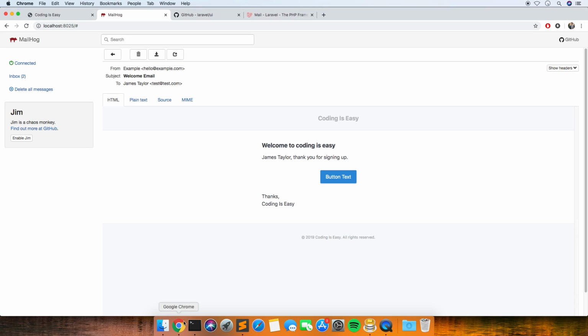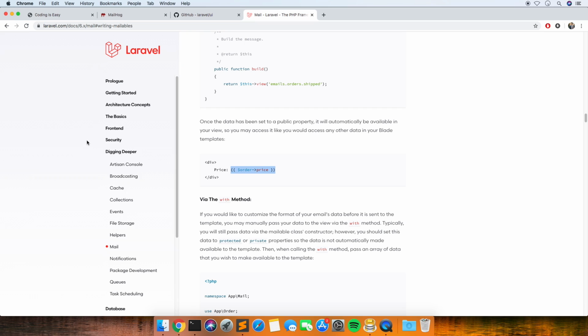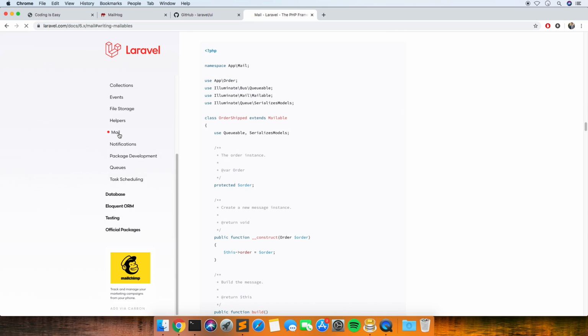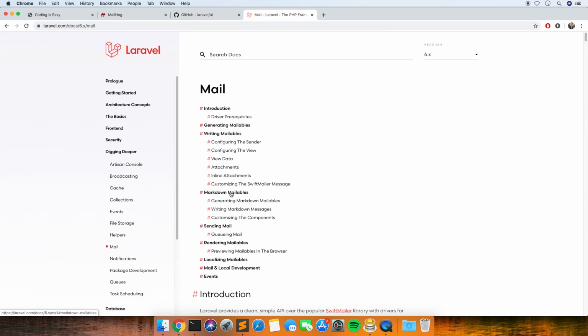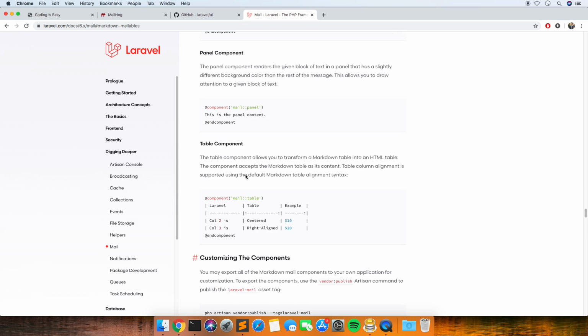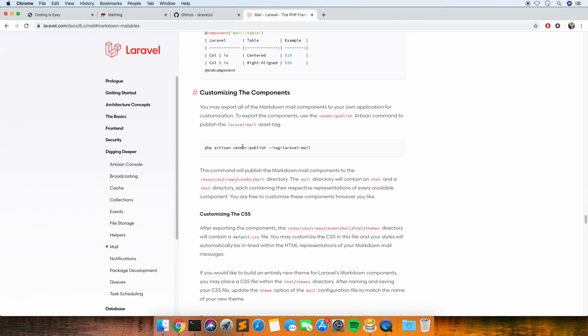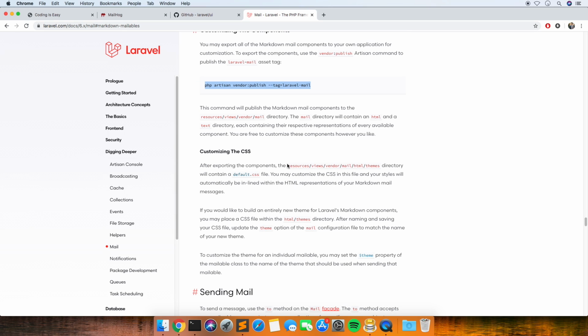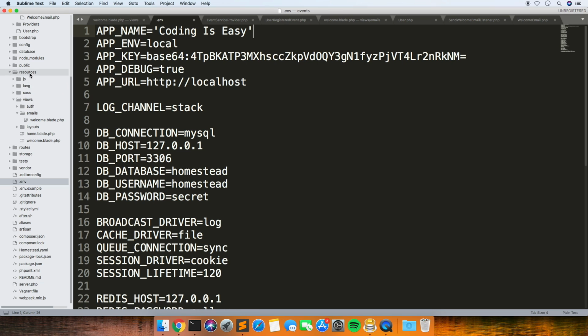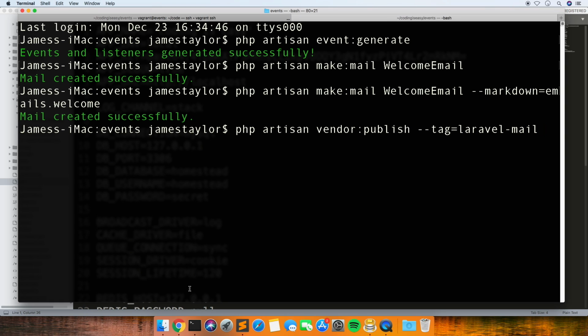And you can style the emails. I'll just quickly show you how to style the emails, or what you would do anyway. So customizing. So I think resources views vendor. So if we run that command that they gave us,